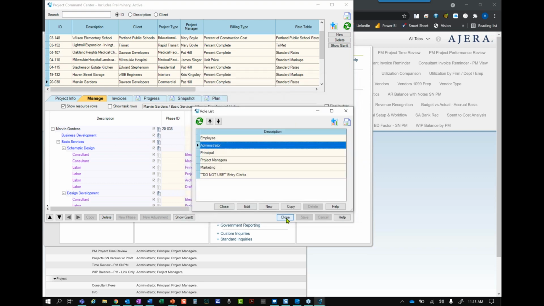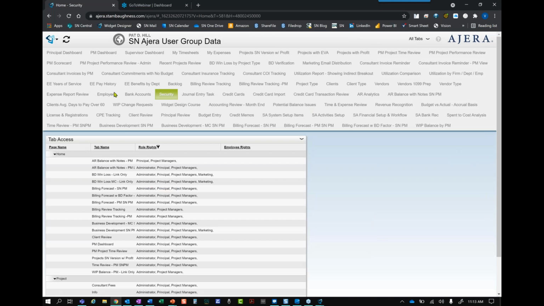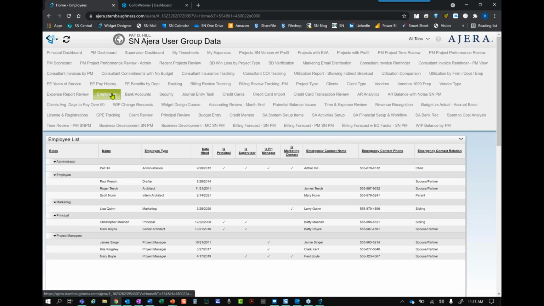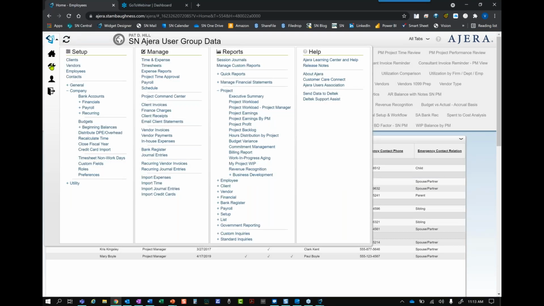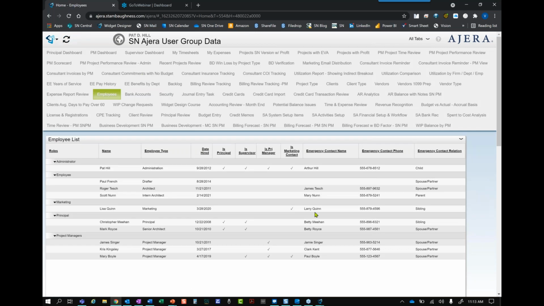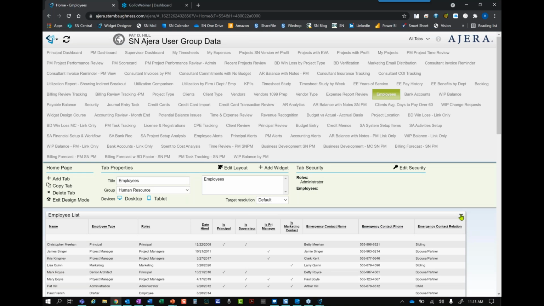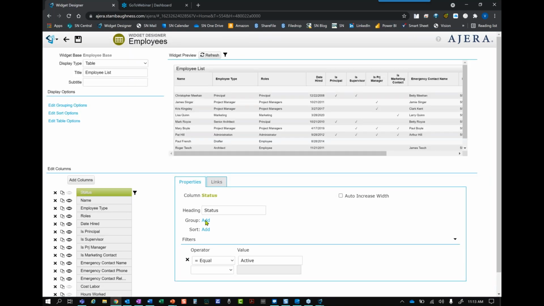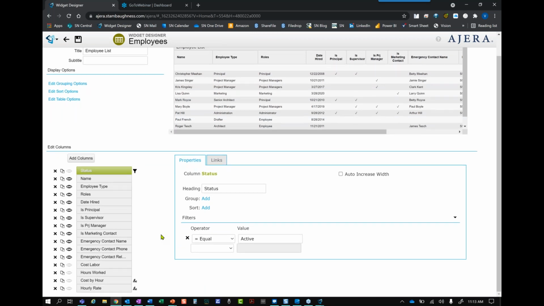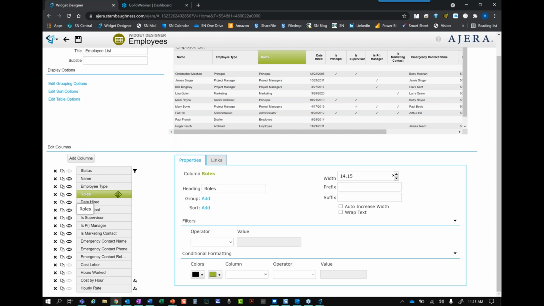I just quickly want to go to Susan's question. On the employee list, you're not seeing the role. I do believe that's something that we add in to our views. I don't think it comes with the standard widget or dashboard. And I think that is just a standard. Yeah, that's not a formula. That's just a standard field.